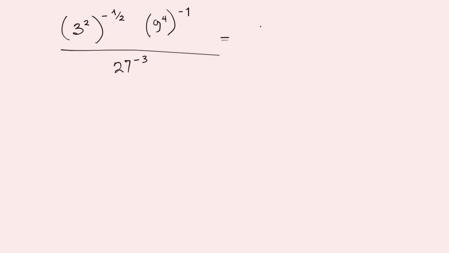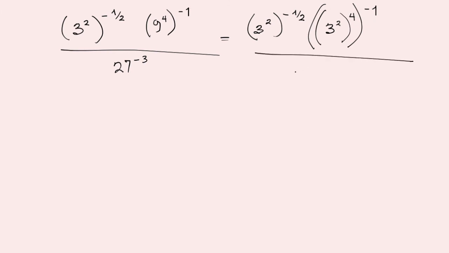So this is going to be equal to 3 squared raised to the power minus half. 9 is equal to 3 squared as well, raised to the power 4 raised to the power minus 1. So that's 9 becomes 3 squared raised to the power 4 and raised to the power minus 1. And 27 is 3 cubed raised to the power minus 3. And so in this case, we would apply the law that says that a raised to the power m raised to the power n is equal to a raised to the power m times n. And so this expression becomes